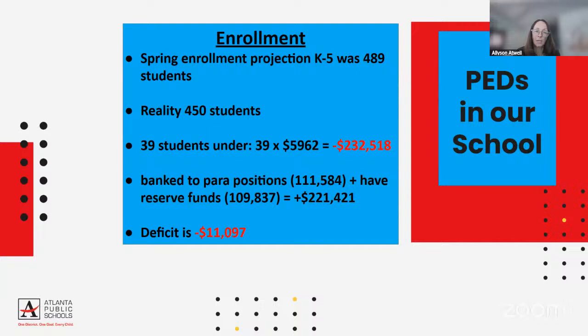So what actually was very fortunate is that the PE para that we were going to hire ended up declining very late. And then also we had a pre-K para position that was open. And so we moved the person that we hired for the media para to pre-K. The reason I did that is because I knew when they came back to me and were going to take money from my budget, that I was going to cut that media para job. And so that person would not have the position any longer. So since I had that open position, we did present it to the person that we had hired, and she was moved to pre-K. So with those two positions, I was able to bank